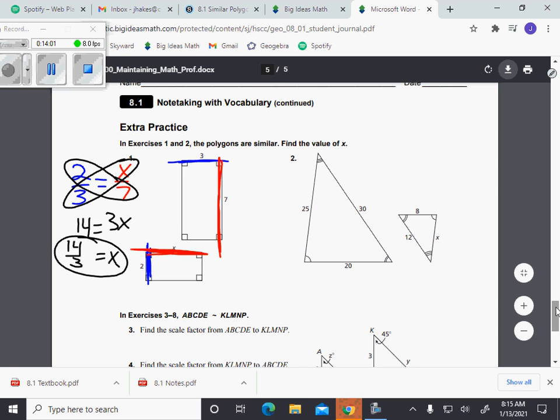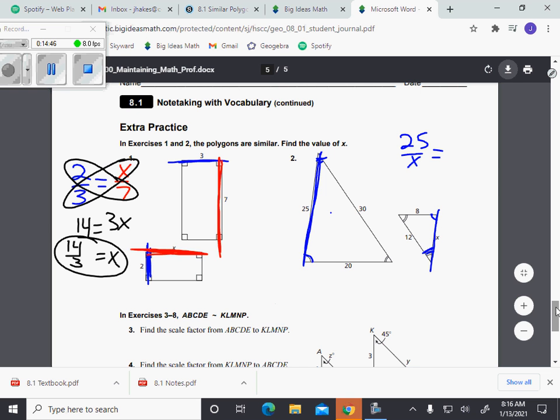Number two, same type of thing here. There are a number of different ways you can do this one because we have more than just two sides. We know 3 sides on this triangle, and we know 2 sides on this one. But order matters. So let's say we have a single angle and a triple angle. 25 here. Well, where does it go from a single angle to a triple angle? Right there. So we have to have 25 over x equals,